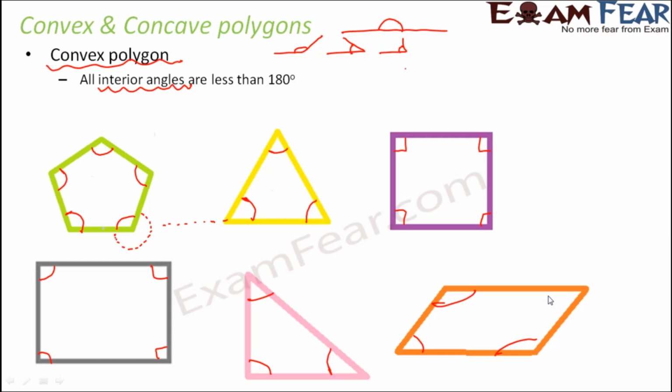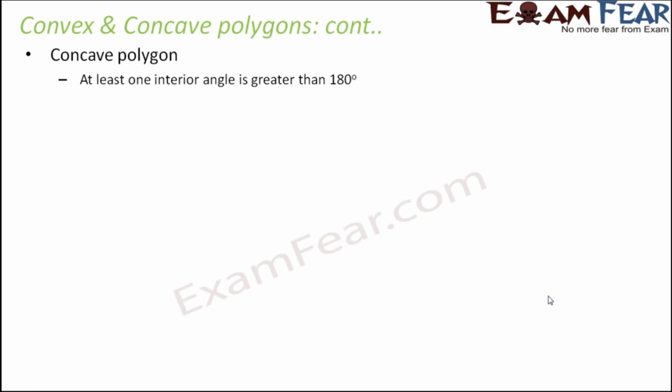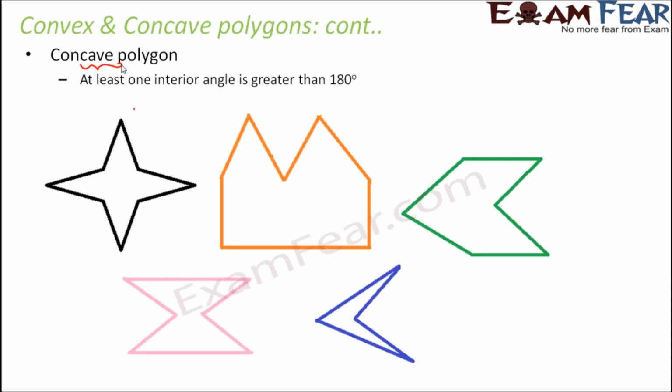So now that we have discussed these examples of convex polygons, let's talk about concave polygons. The word concave already has the term cave in it. So when you look at these concave polygons, they give you this cave-like structure. As you see here, this gives you a cave-like shape everywhere. In a concave polygon, at least one interior angle is greater than 180 degrees. As long as all interior angles are less than 180 degrees, they remain convex. But the moment any one angle is greater than 180 degrees, it becomes concave.